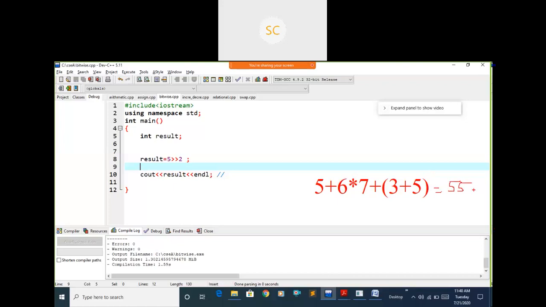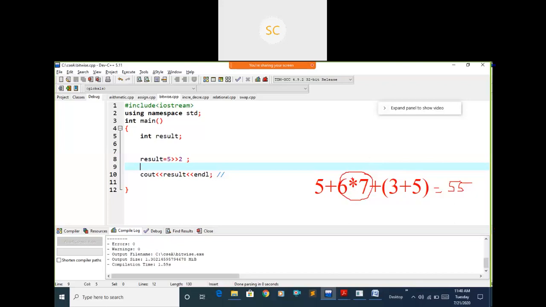How will you get it? You will follow some rule, right? You need to follow rules while performing expressions. While calculating these statements, we have the BODMAS rule, which tells which operator we need to perform first and which operator next. By using the BODMAS rule, you need to calculate this value first.